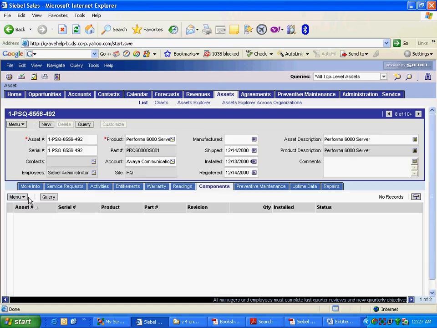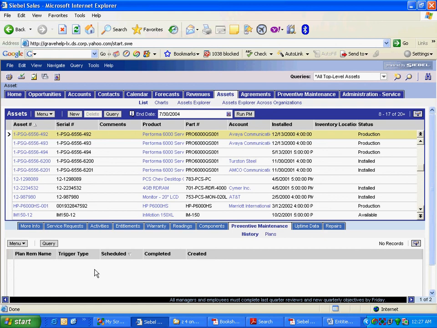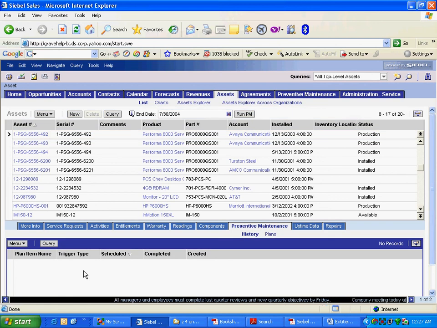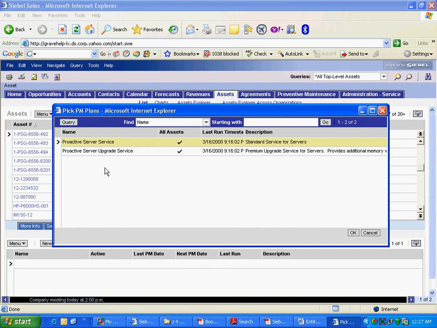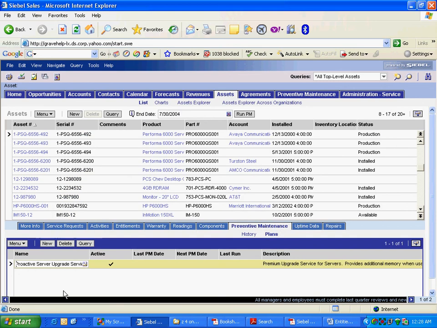Okay. Don't you have to set a change in the engine first? No, this one is just for setting up the asset, not for the engine. The asset needs to be able to invoke this plan as well, right? So I come here. I don't see any. Oh, I see the engine itself, because these engines, these plans would definitely be associated with that product. That's why these are available for as a business. So, proactive server upgrade service. Okay, I do that. So I can see that.